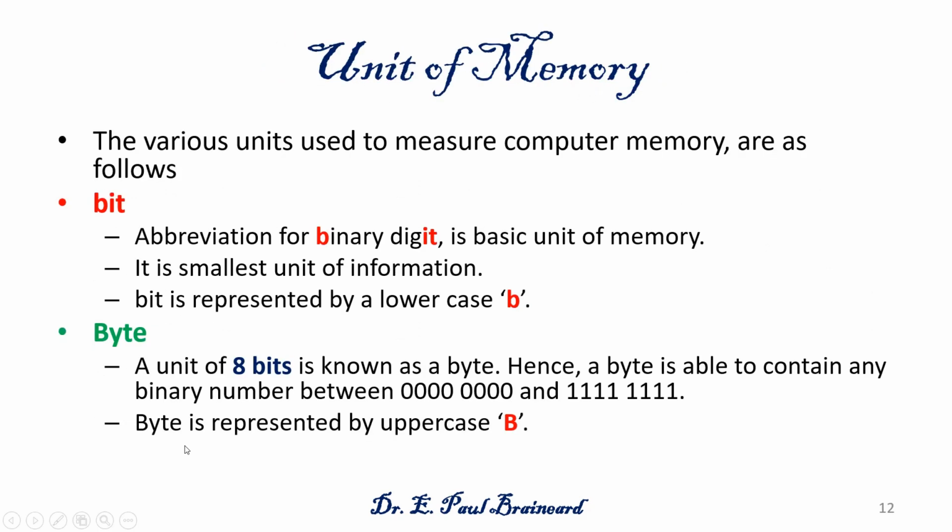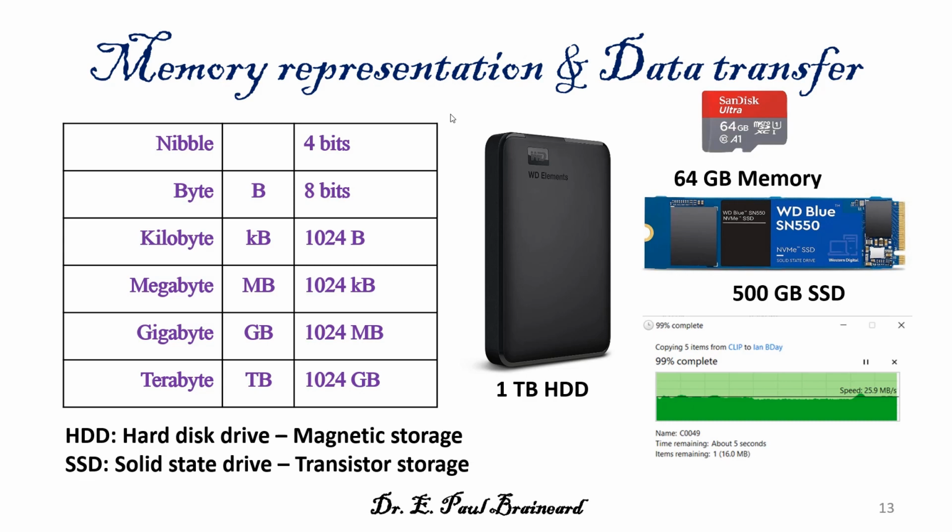Binary numbers are used for representing memory in case of storage devices. A group of 8 bits is known as a byte. Bit is represented with small b, while byte is represented by capital B. One nibble has 4 bits, one byte has 8 bits, 1 kilobyte, represented by small k, capital B, is equal to